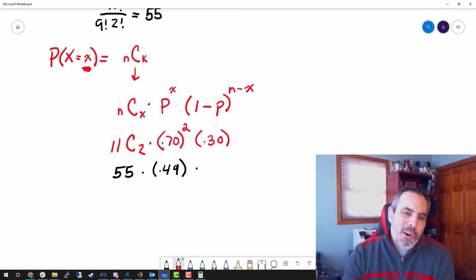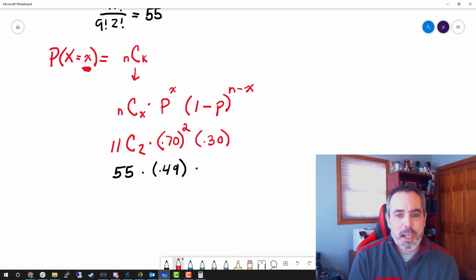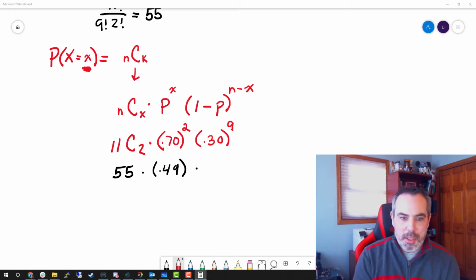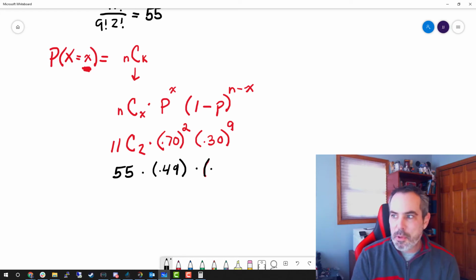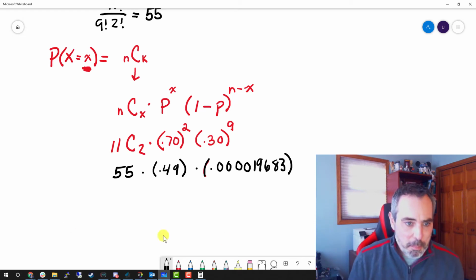Also, what is this n minus x saying? Well, this is saying in this case that there were 11 insects total, right? You were looking for 2 being dead. That means if 2 die, 9 are going to live. So over here I've got 0.30 raised to the 9th power. So the probability of that happening, I have as 0.000019683, and I'm just going to cut it off right there. I don't know if that's rounded or not, but